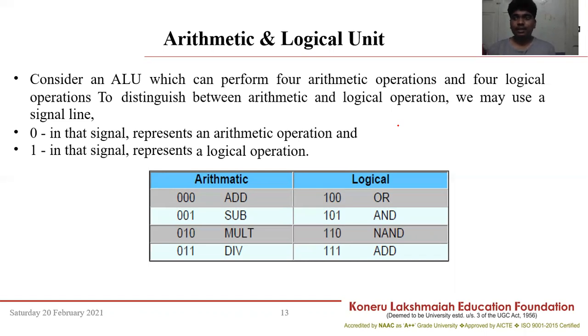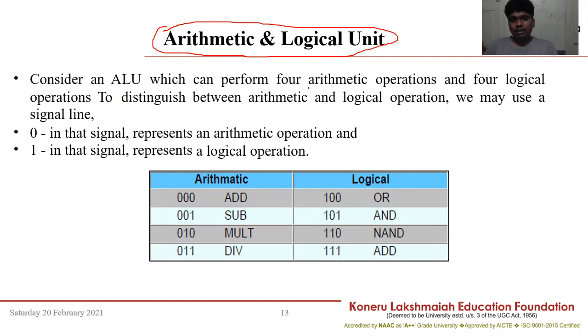So what is the use of the arithmetic and logical unit? With the help of the arithmetic and logical unit, we can perform both arithmetic operations and logical operations. So it plays a crucial role in the life of a CPU. If we get the input, it will go to the control unit, and again it will go to the ALU and perform the operations which are required.